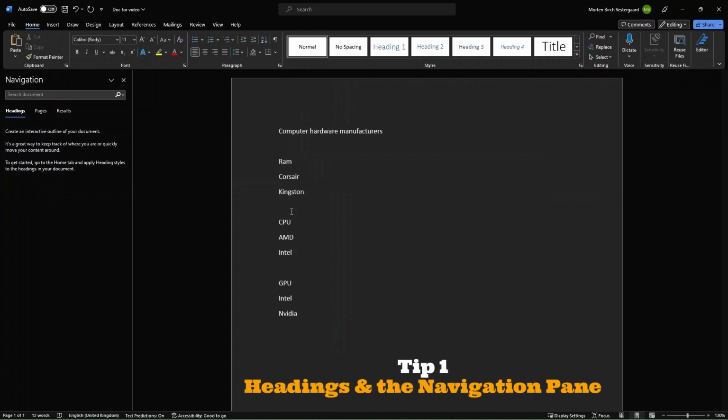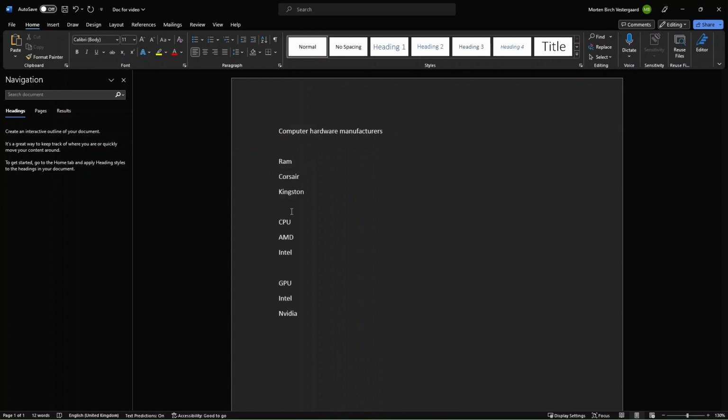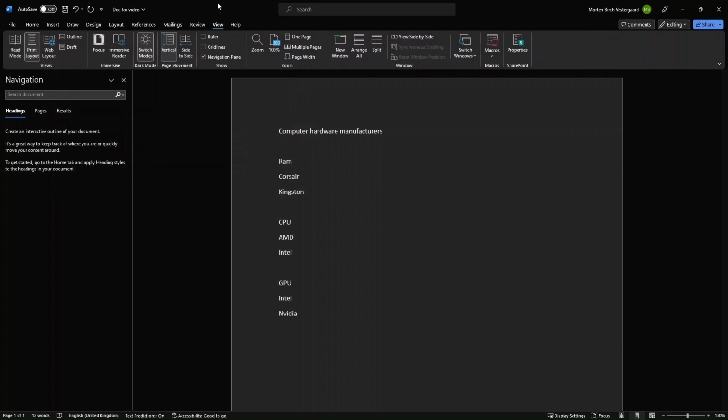Tip number 1, headings and the navigation pane. First of all, I'd like to show you how you can activate the navigation pane here, which will show you all the heading styles that you have set on the headings in your Word document. To do this, you can go to your View tab here, and then click the little box with the navigation pane. Now I removed it, now I have enabled it, and now it will appear